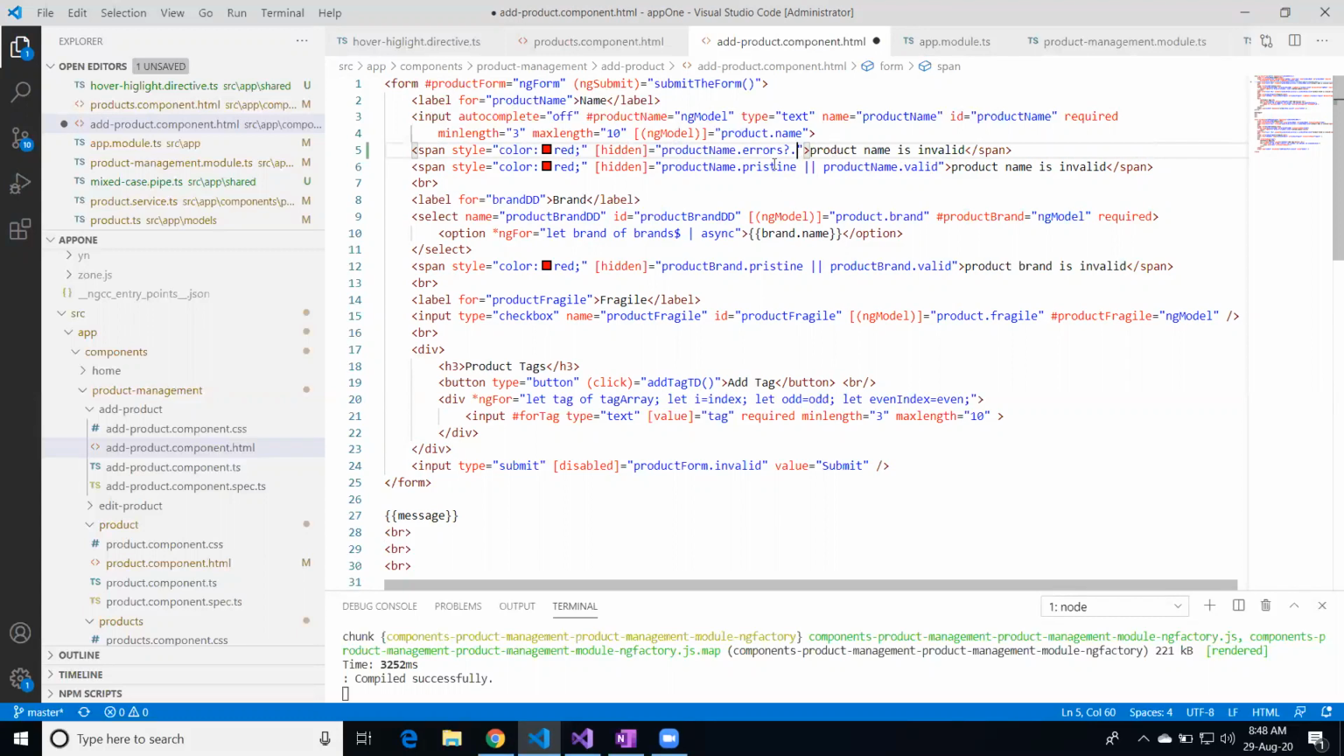This is an error. So on errors, and if the errors collection has an error called required, then display the message. Similarly, if the errors has an error called minimum length,